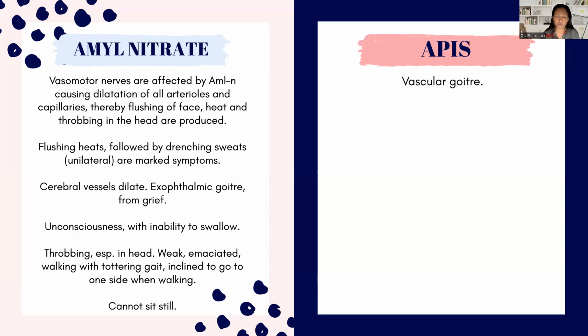It works beautifully. Oh, here also for hypothyroidism. Okay. It works beautifully. Okay, I've not written it here, but amyl nitrate has a very, very important symptom where there is goiter after grief. It is mentioned in